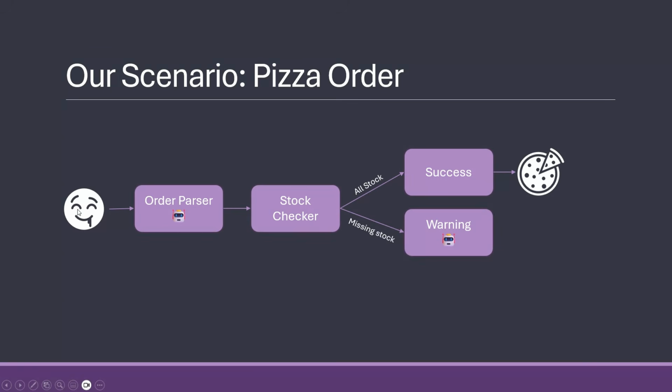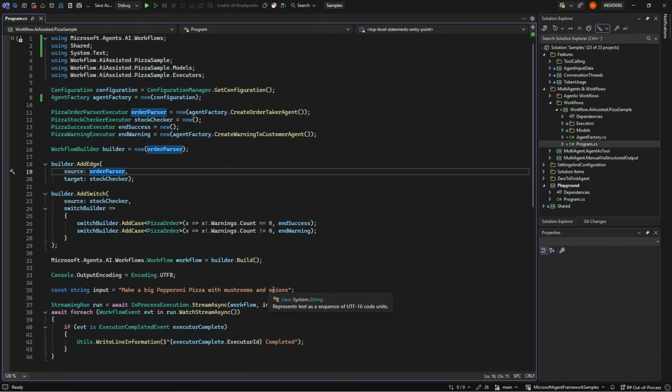So this would be a fairly simple workflow, but it will also be an AI-assisted workflow in that these two executors have some AI injected. But beyond that, we could have made this with any other workflow NuGet package if we wanted to, but given that it is here, we will of course use them together. So let's go into code and see all this in action. We'll just simply take it line by line, and then we will see it up and running.